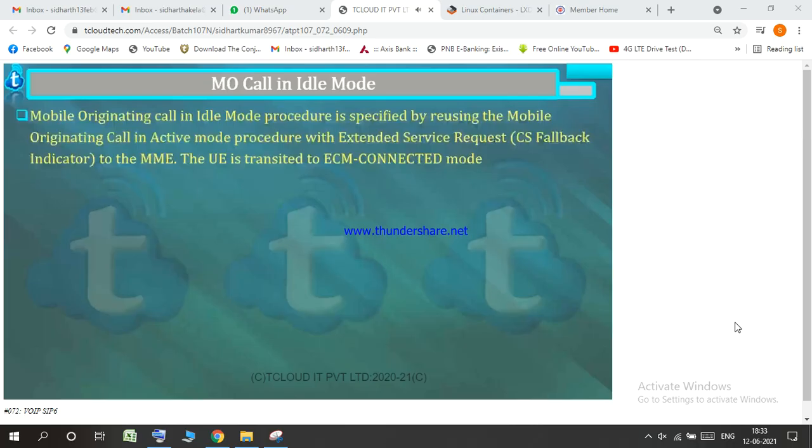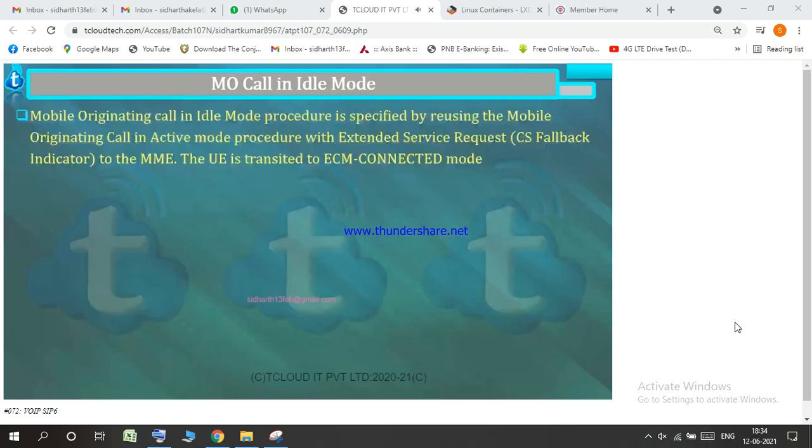But because you are already registered with the MME, they thought it would be a good idea to report this situation to the MME. Instead of the mobile itself deciding to move into the UMTS network, it is better to report the present situation to the MME. They have asked the mobile equipment that, even though you are in idle state, if you decide to get into a UMTS or GSM cell on your own and want to start your services, first report it to the MME, and then the MME will talk to the eNodeB, and together they will throw you out. So by following the previous procedure that we have studied, there won't be any difference here. Only the difference is